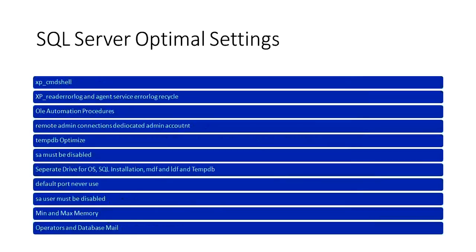Once the user stops connecting to the database, once the user stops using the database, then the SQL cache allocated to the database will be cleared and the memory will be used by the other running databases. That's a very good use of auto close on. But if you don't know what is happening, then keep it off. Next is auto shrink off. This option is not allowed in your production environment.